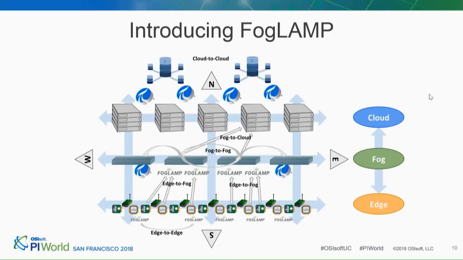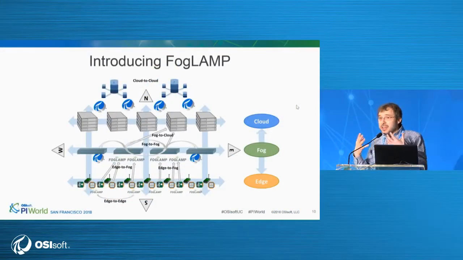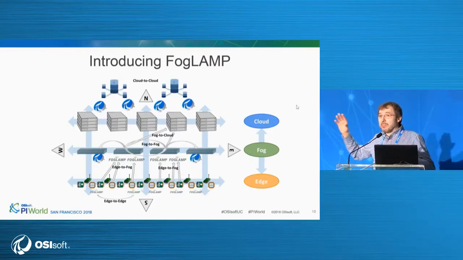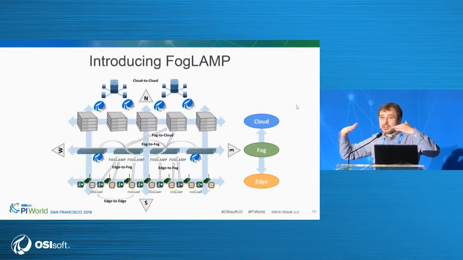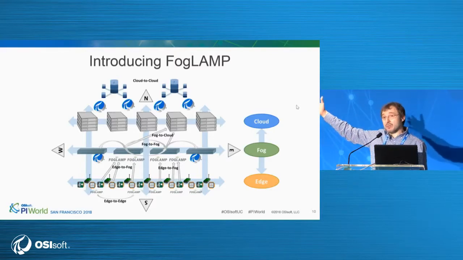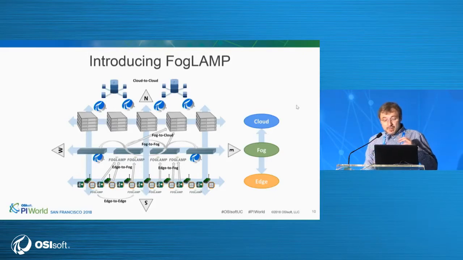But the real use case is down at the edge where the things are, where the sensors may be, and in the middle, in a kind of fog layer where we aggregate data, we combine it together, and usually we have a Pi system at this level, like a kind of intermediate level, or we can have Pi systems even up north. What FogLAMP does is to integrate all these things down here, collecting data,